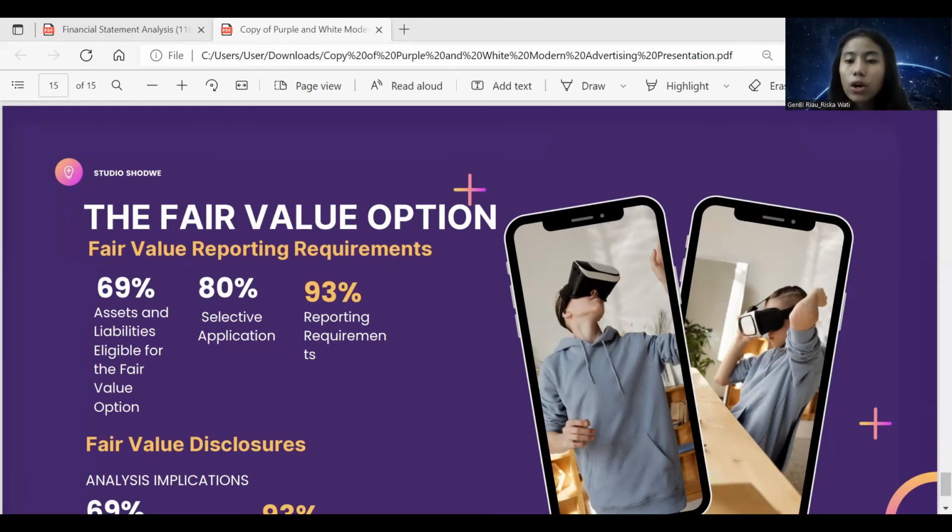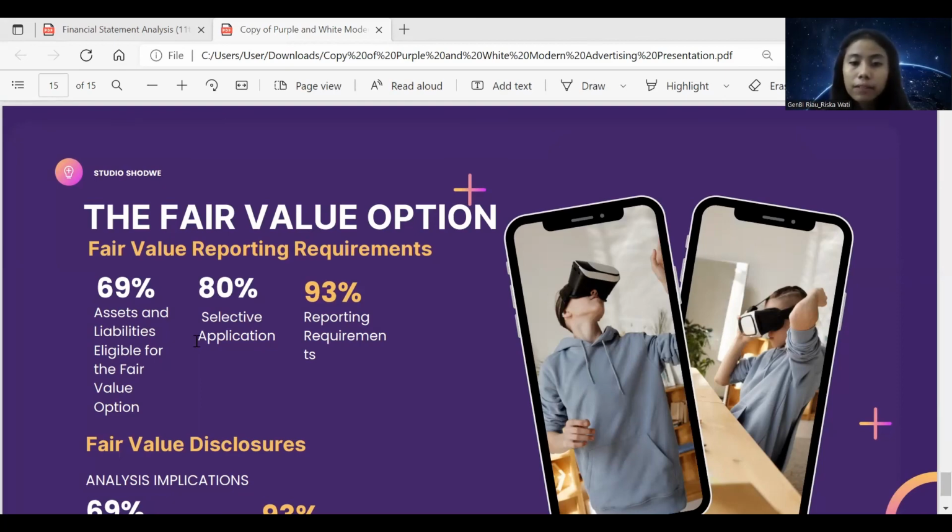However, the following are not allowed to be reported on a fair value basis, even though they may appear to be in the nature of financial assets or obligations. First, investments in subsidiaries that need to be consolidated. Second, post-retirement benefit assets and obligations. Third, lease assets and obligations. Number 4, certain types of insurance contracts. And the last one, commitments and others, and equity method investments under certain conditions.